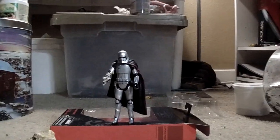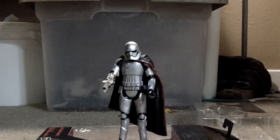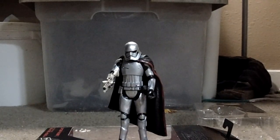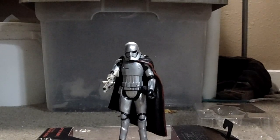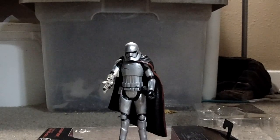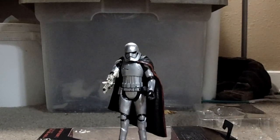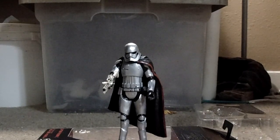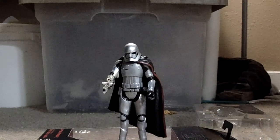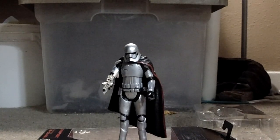Anyways, back to Captain Phasma. So this is Captain Phasma. Her head turns, blah blah blah. Just the normal articulation of an actually articulated figure. Pretty cool. I would actually be more impressed if this was the normal figure and you didn't have to pay $20 for a 3-inch figure that is actually articulated,